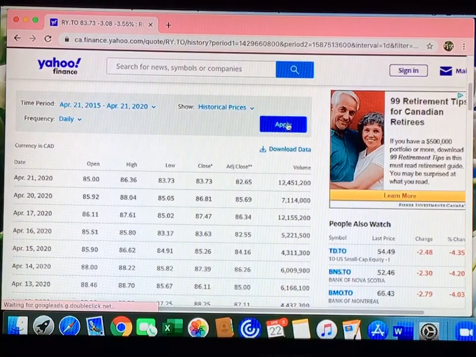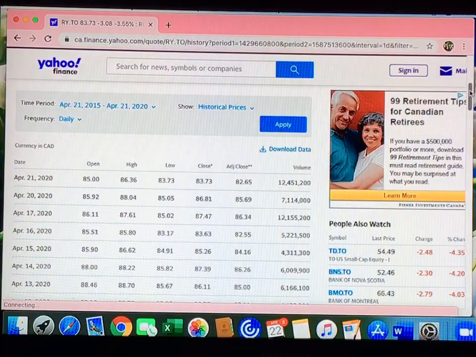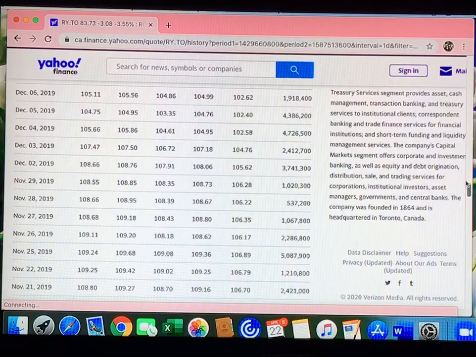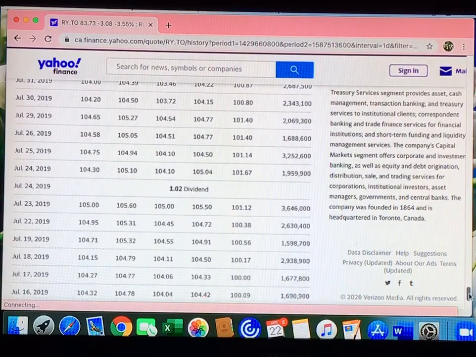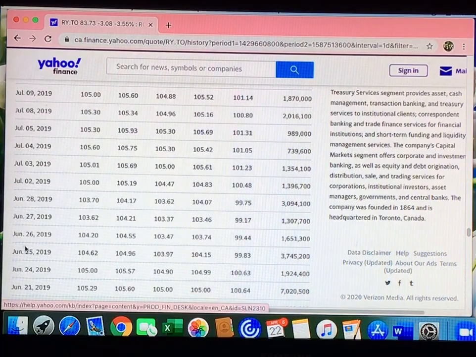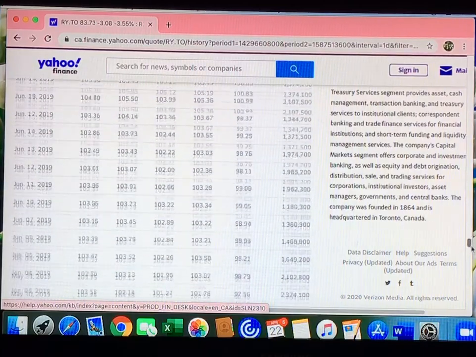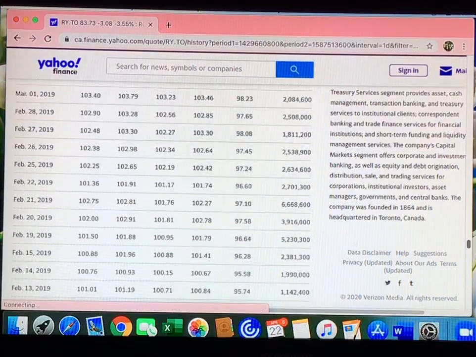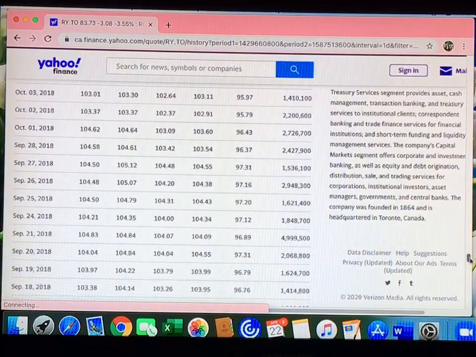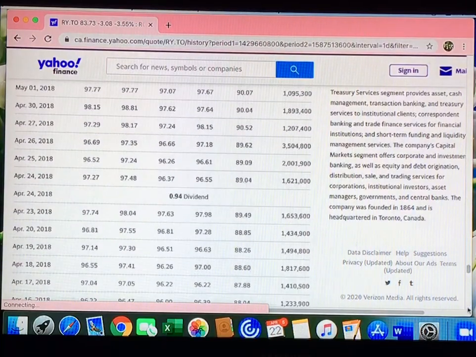Now, you're going to notice quite quickly, as you scroll down to look for the bottom of it to make sure it actually went to the right date, it's going to keep jumping up on you a fair bit. That's just because it's still downloading all the information. Right now it's June 2019, so it's still got a lot more information to download. So just be patient. Maybe go have a cup of coffee or something and then come back and continue